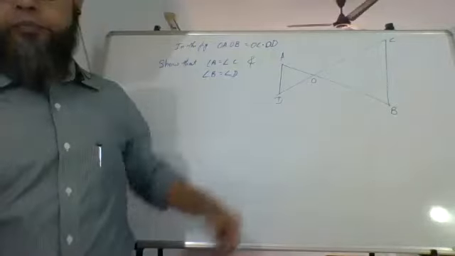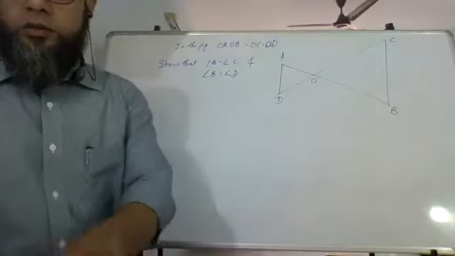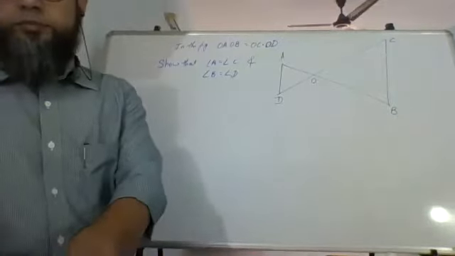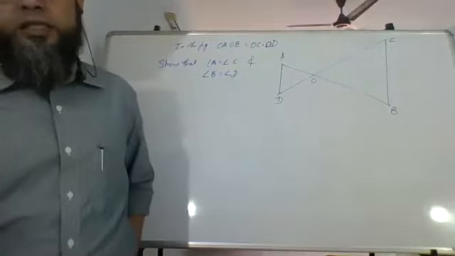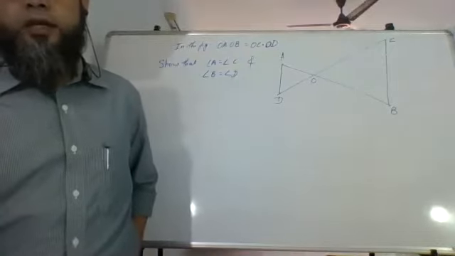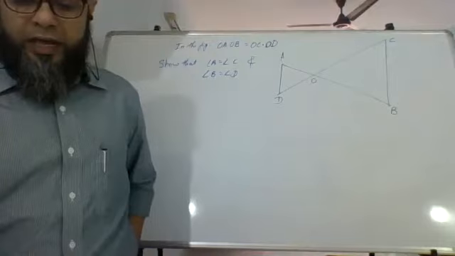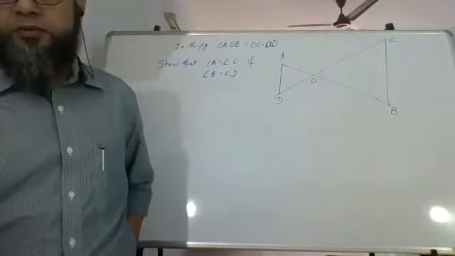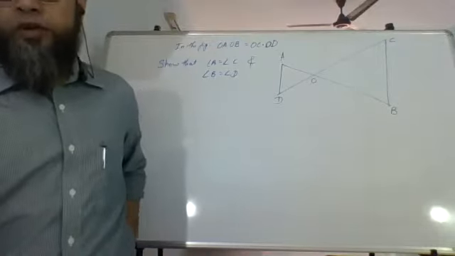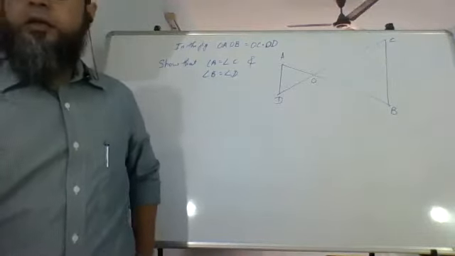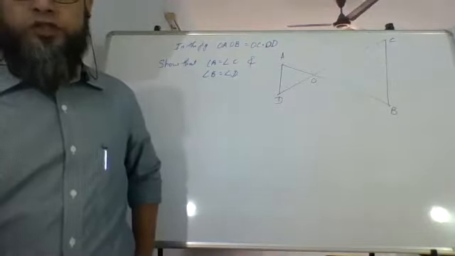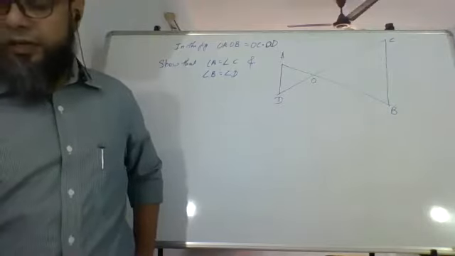This is the diagram for the next example. Please copy that. We have to show that angle A is equal to angle C and angle B is equal to angle D, or angle D is equal to angle B, whichever way you want. That is what we have to show. Of course, it is based on whatever we have done so far. That means it is based on similarity.